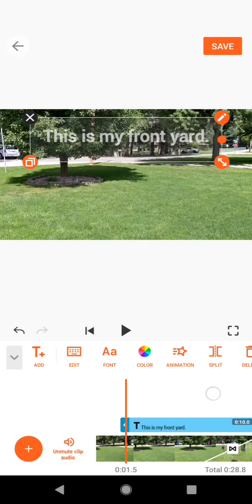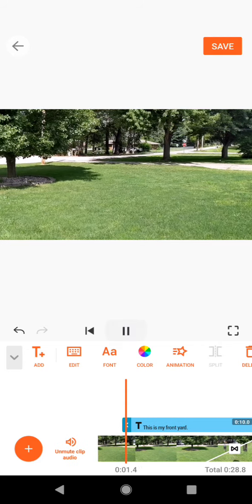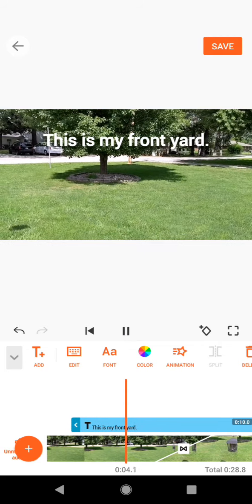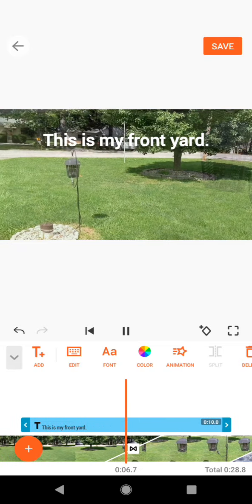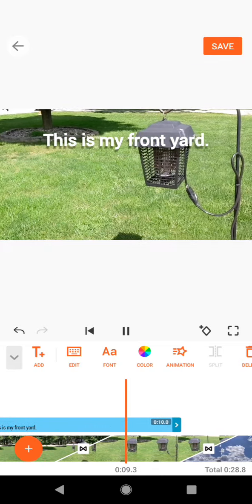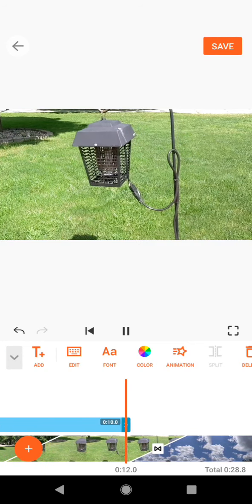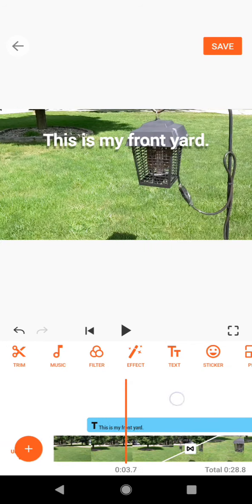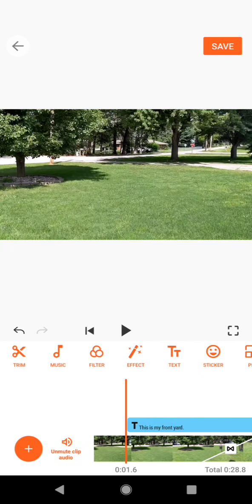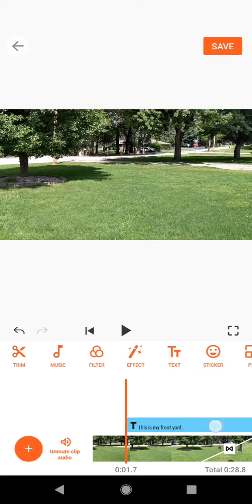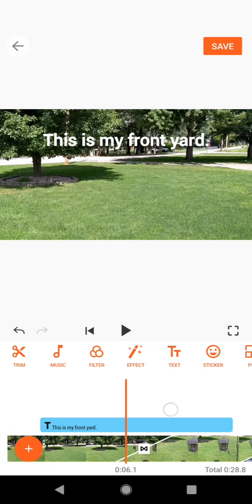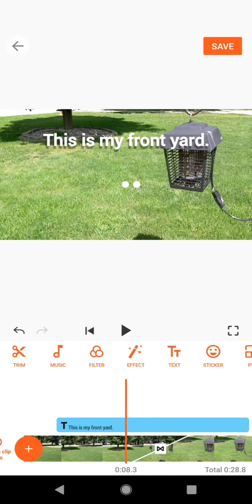So I just made my text last for 10 seconds. "This is my front yard." It's going to be up there for quite a while. So I put it there. Now I also have the ability to move it, so the whole text, from when it starts. I can move the whole thing to the beginning of the video, or from where I say "this is my front yard." So now I really don't want it that long,